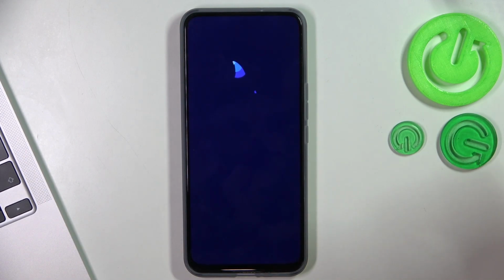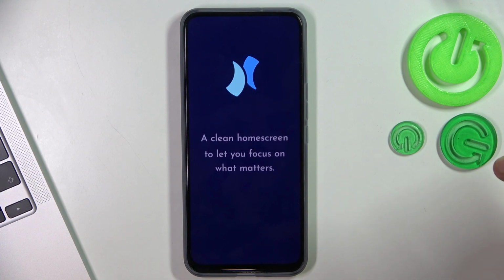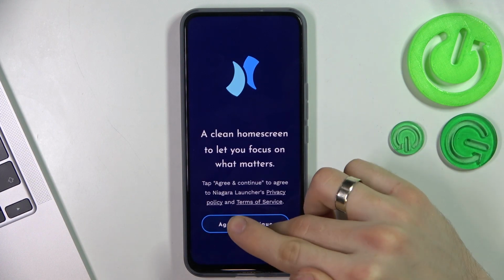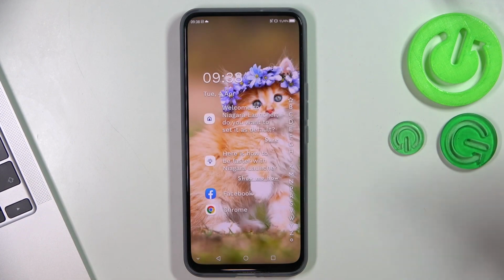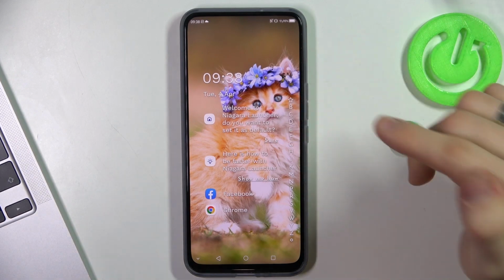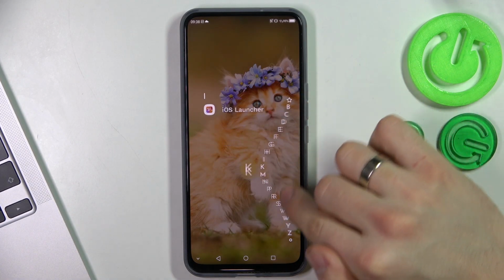Open it, click agree, and great. As you can see here, we have a really clear home screen without any inane features, so I suggest you set up dark wallpapers. But I really love this launcher because to find something you just need to click on the alphabetical line and scroll